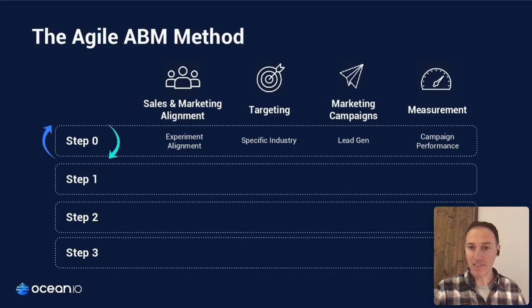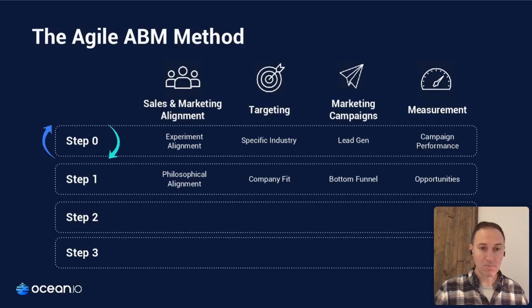So let's say we find some success in step 1, we go to step 2. Step 2 now, with alignment with sales, you're looking for philosophical alignment. You both agree, hey, this is a shared belief that ABM is going to work well for us. You're committed to being collaborative and to targeted account selection together. So you're identifying, this is alignment with sales, working together still to say, these are the accounts we're going to